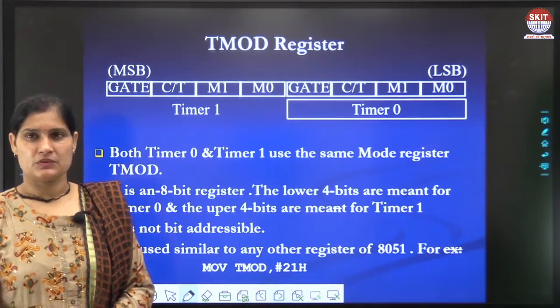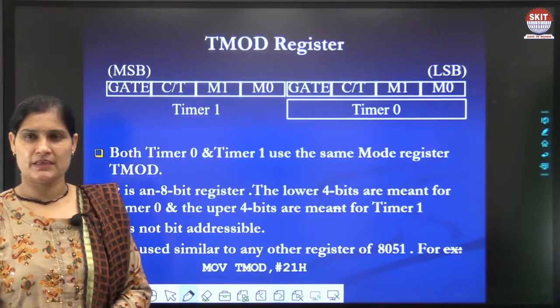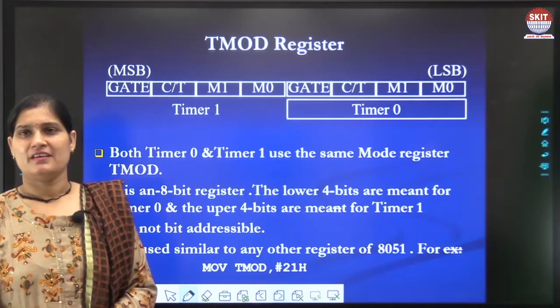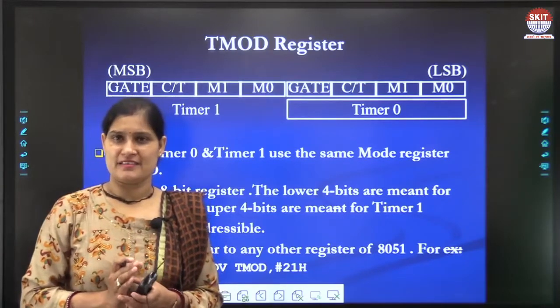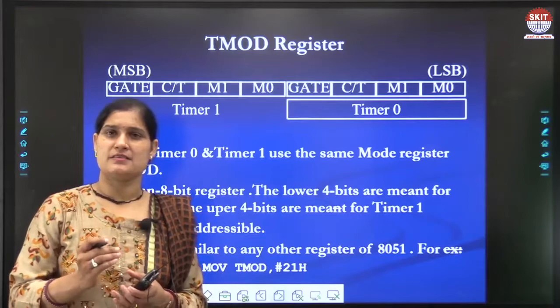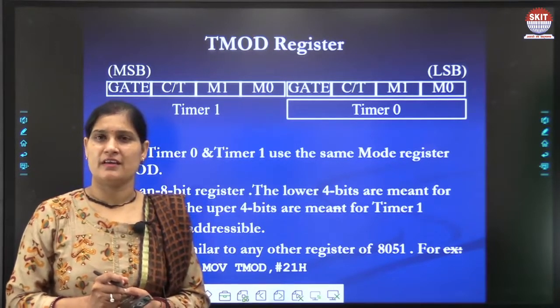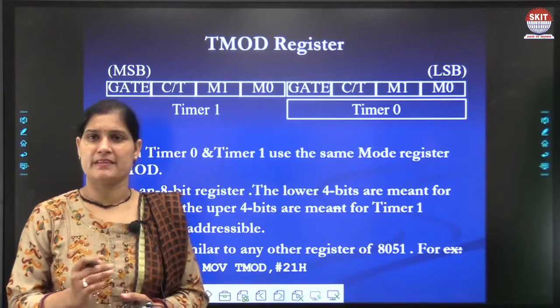The TMOD register is also an 8-bit register, but in the TCON register all bits are bit addressable, meaning you can access all bits of the TCON register independently and individually by their name and by their number.